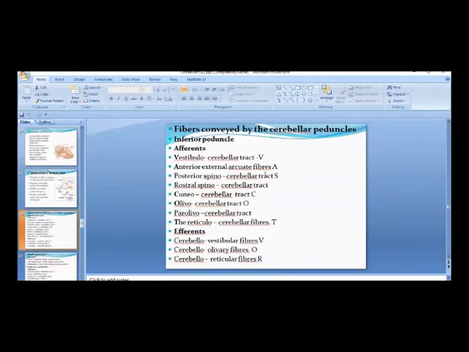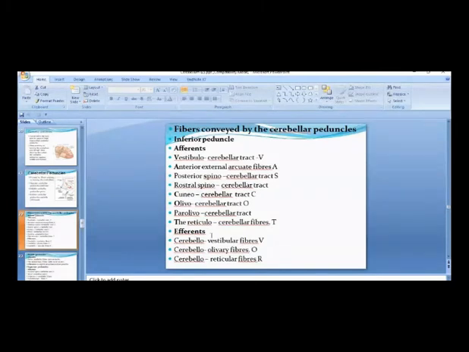So we just make the formula. This is VASCOT, like passcode. You put the name Dr. Passcode, then DR will be omitted. Just remember V stands for vestibulocerebellar. A stands for anterior external arcuate fiber. S stands for spino, so there are two spino: posterior spinocerebellar and rostral spinocerebellar. C stands for cuneocerebellar. O stands for olivo, and if you pronounce olivo, combine the paraolivary also. And T stands for the reticular.